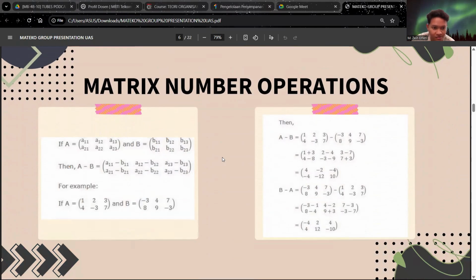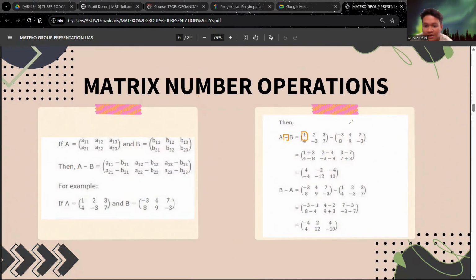So this is the example for minus, yeah. We have also like this. A minus B, for example, A is 1, 2, 3, 4 minus 7, minus 3, 7, and B is minus 3, 4, 7, 8, 9 minus 7. Then A minus B is also the same, but the difference here is minus, because